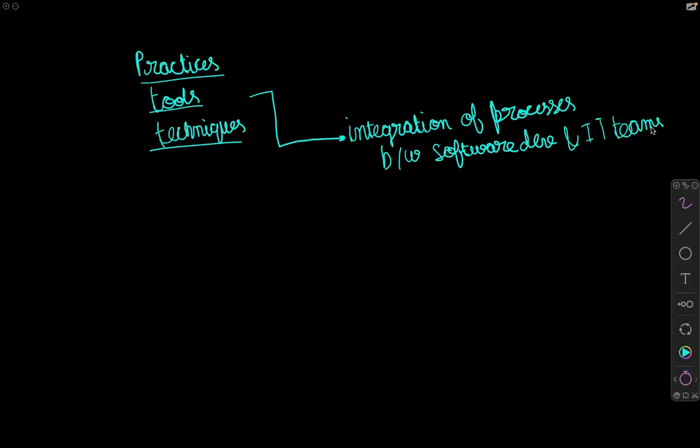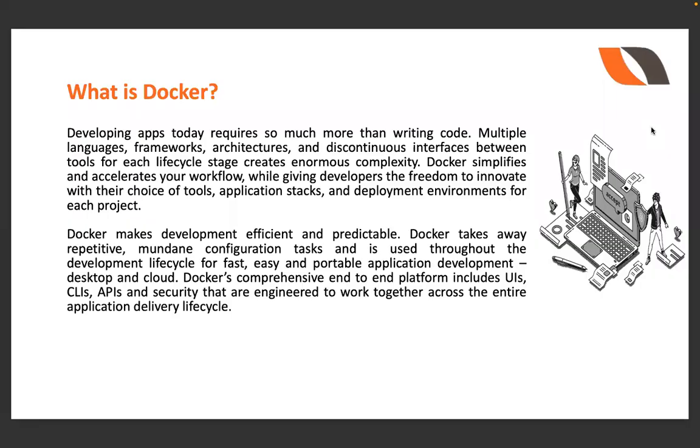So up till now, people have been thinking that software development is far away from IT. They have no scope of collaboration, but that is wrong. So IT teams and software developers, they have been collaborating for a very long time, right? And that is what